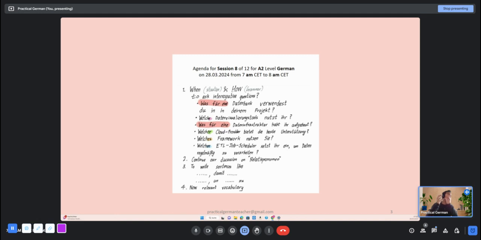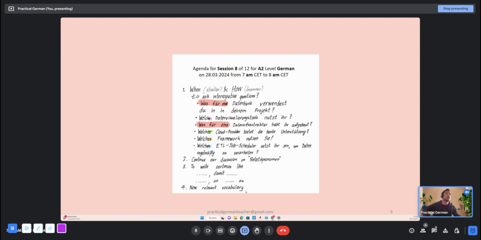So you want to say sentence A and then you want to provide the reason why you want to say sentence A. Of course, there are other ways to say it. You can use weil as well, because. But you have to learn to speak sophisticated German. Also, you want to say the same things in a variety of different ways. In English also, we want to say the same thing in different ways. Similarly, you also have to learn that in German. If we have still some time left, we'll try to learn some new vocabulary. Otherwise, we'll do this in the next session.